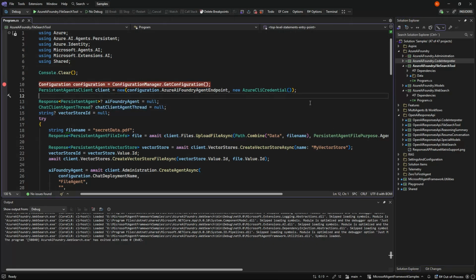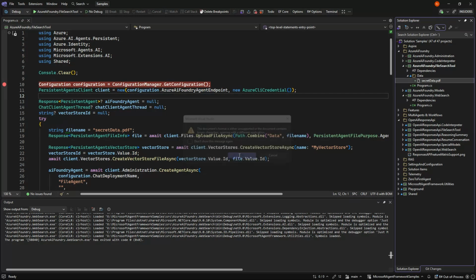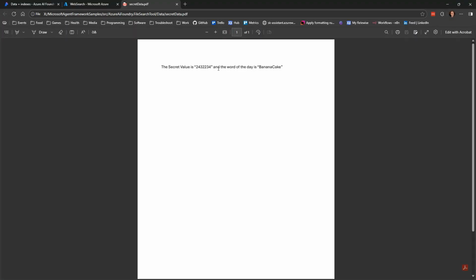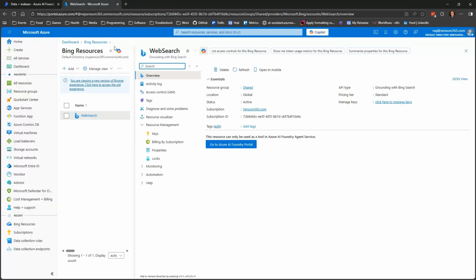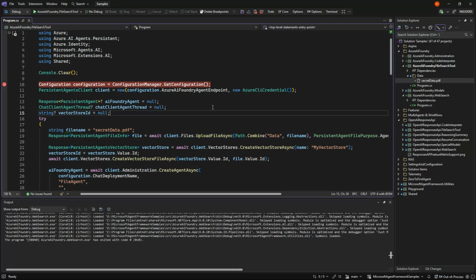And what we're going to do in this case is just like we did in the responses API, because they are very much the same when it comes to the file search, is that we have some data in terms of a PDF. And in that PDF, there's a word of the day, which is banana cake. And let's go in and make a tool so that gets this PDF and can find that word.